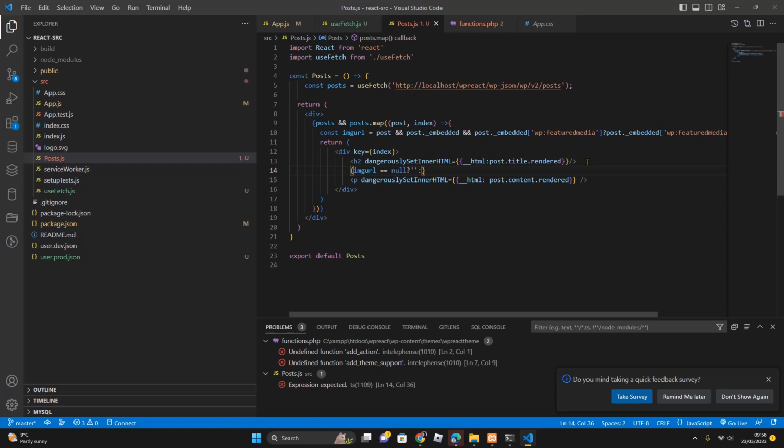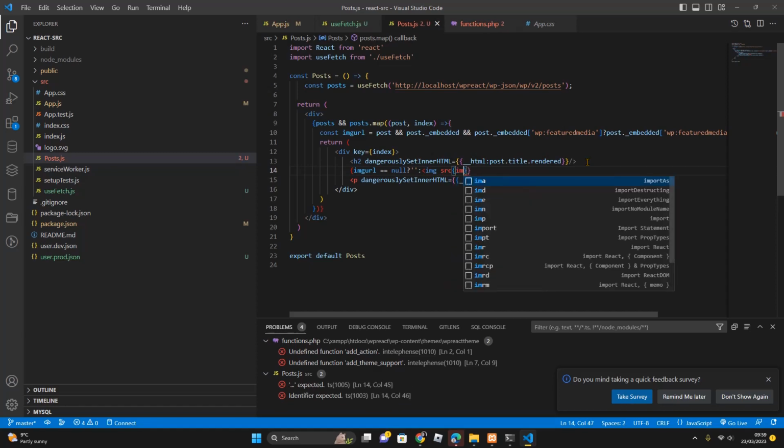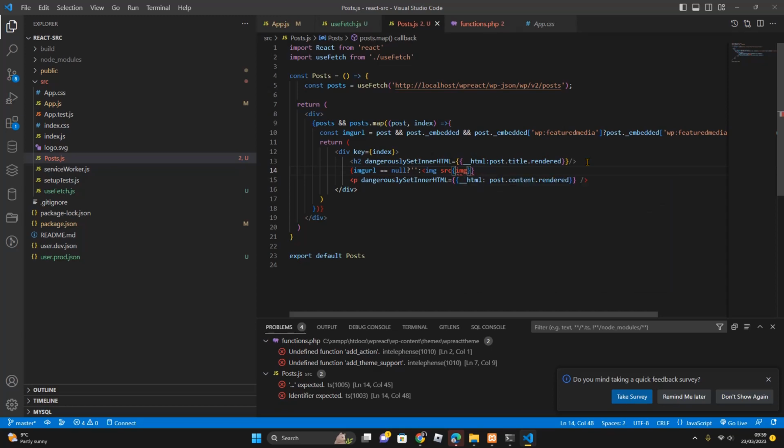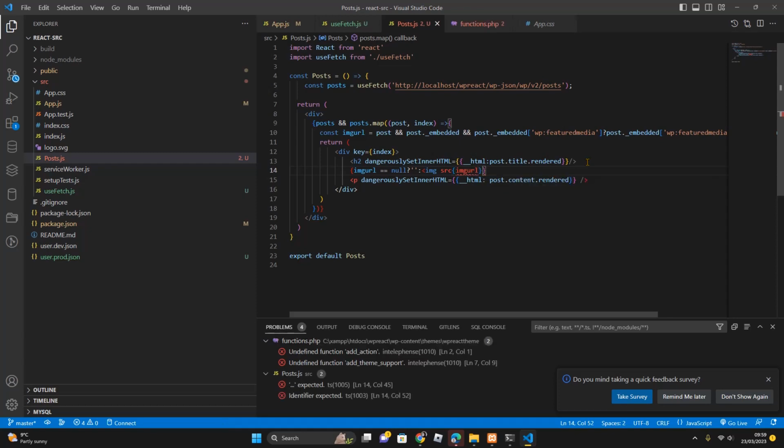We're going to get the image img src, and I'm going to get the image url and close the image. What did we do wrong here? In img src, we need to put equal here, src equal to image url. Okay,